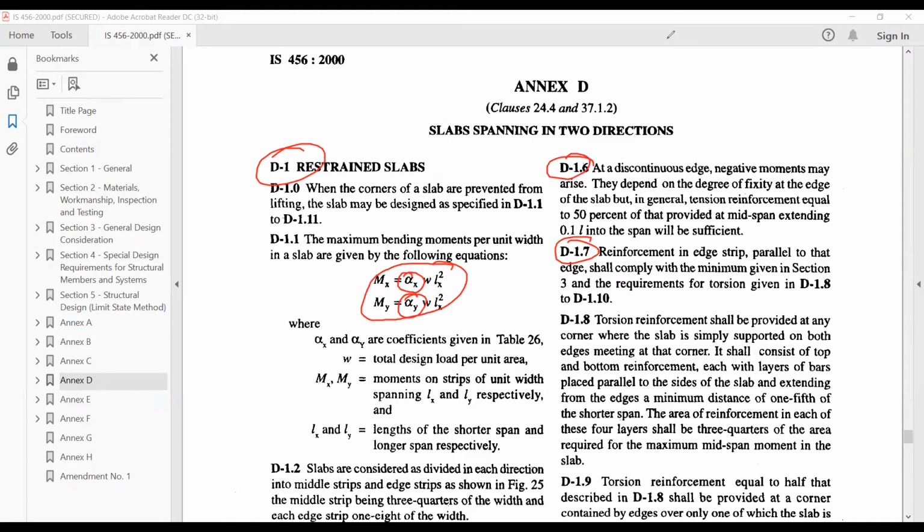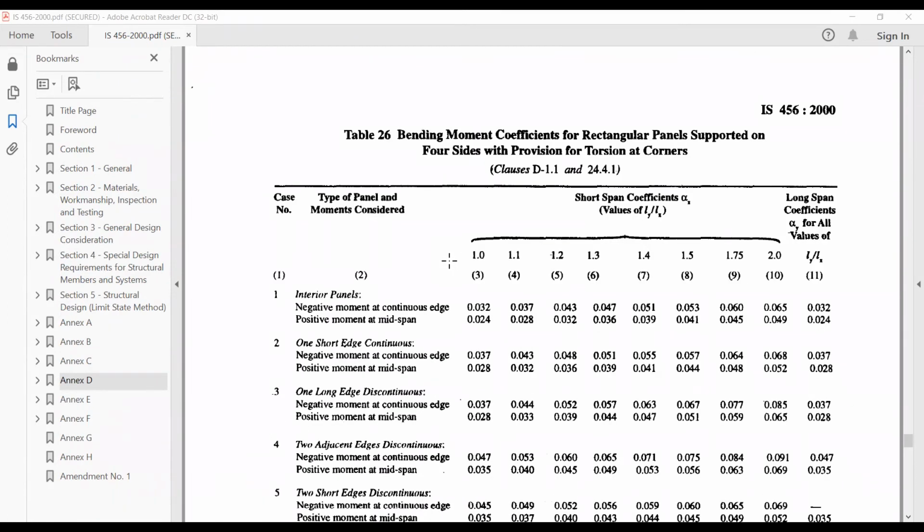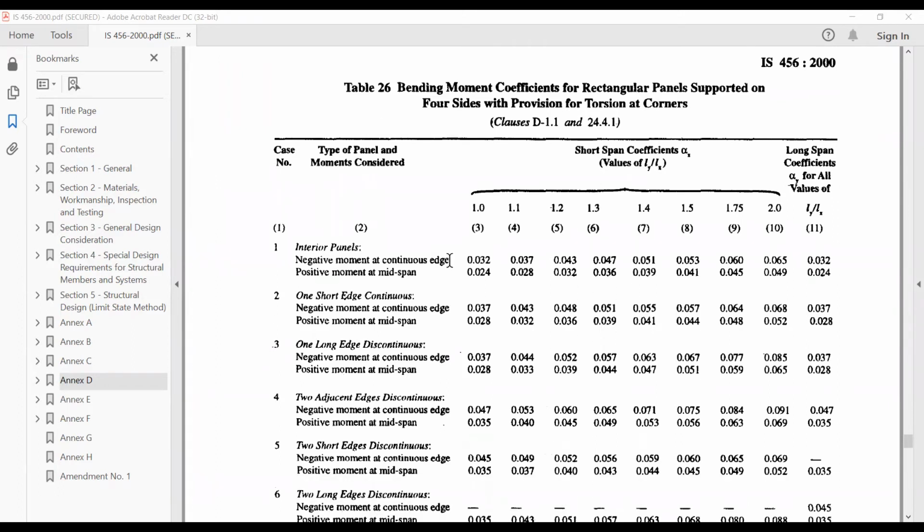So now going to the next page to calculate the value of alpha x and alpha y. This is Table 26, which we will be using to calculate the value of alpha y and alpha x. As we are calculating alpha y and alpha x for our slab S1, the condition of slab S1 is that its two adjacent edges are discontinuous and two adjacent edges are continuous. So here